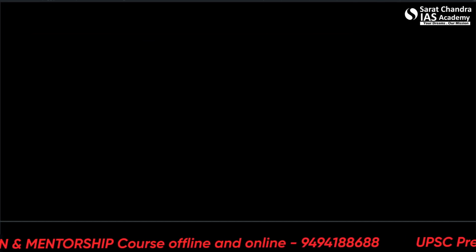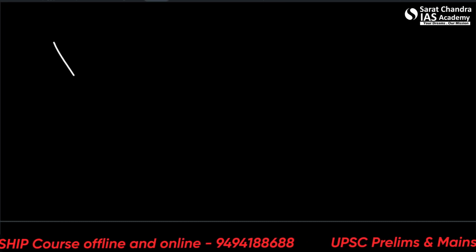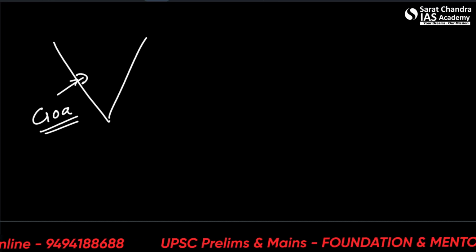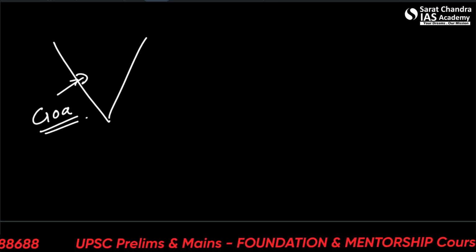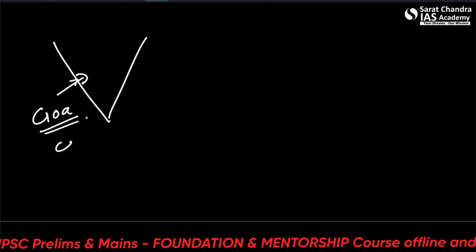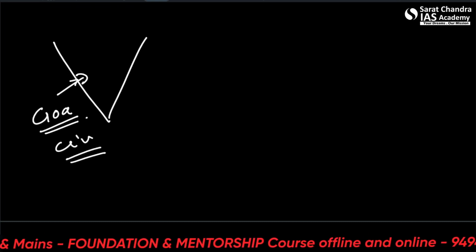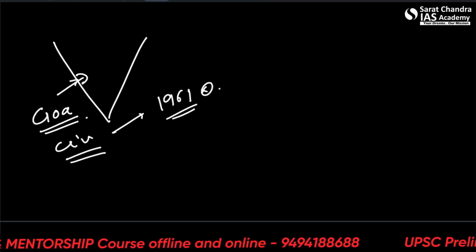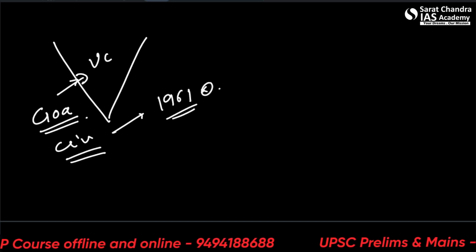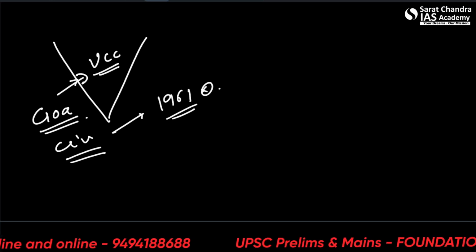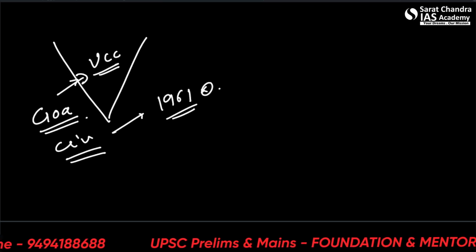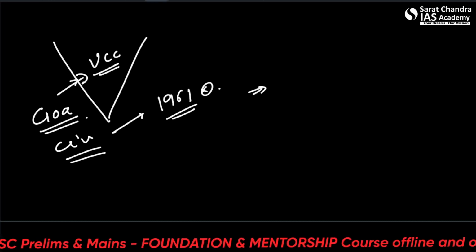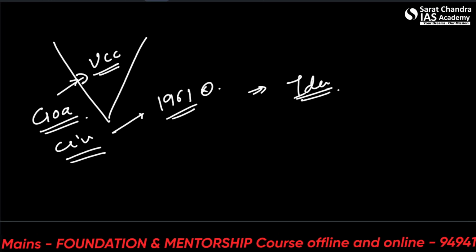Let us see that. The only state in India that has UCC right now is Goa, which retained its common family law known as the Goa Civil Code after it was liberated from the Portuguese in 1961. So it still follows the complete UCC, let's say. And Goa is the only state in India to have this right now. The rest of India follows different personal laws based on their religious or communal identities, how they identify themselves.